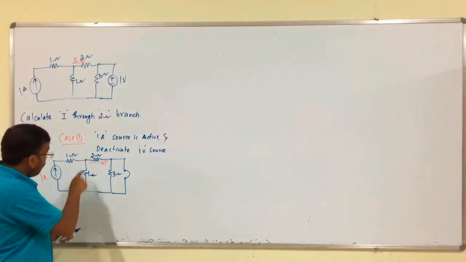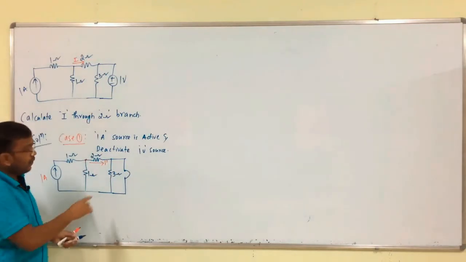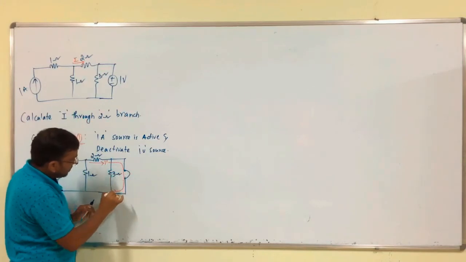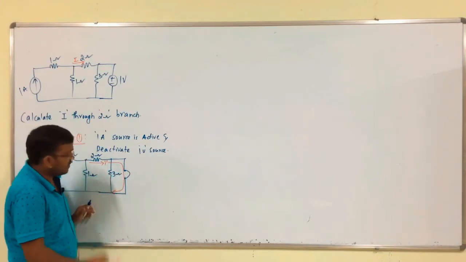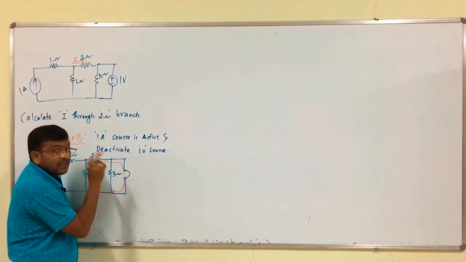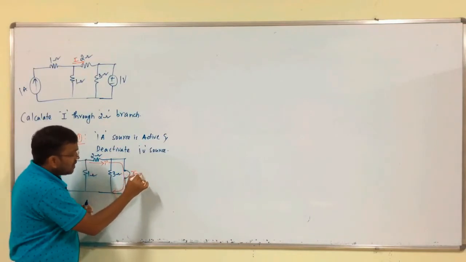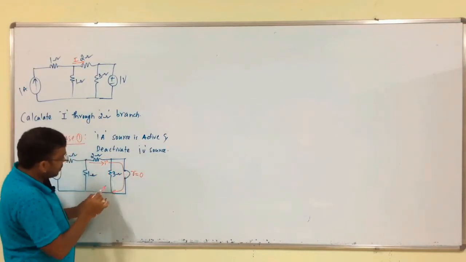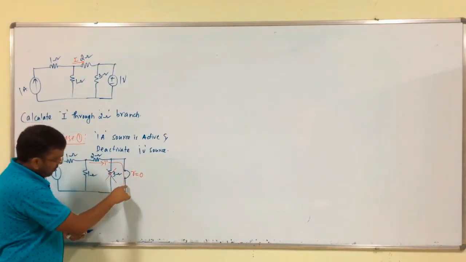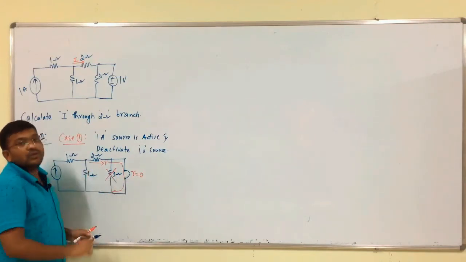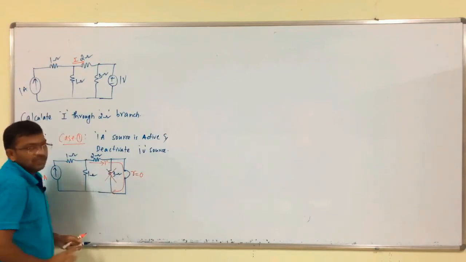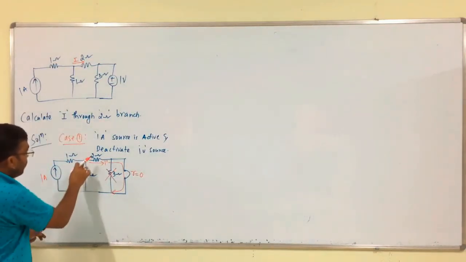So, we have node 1, node 2, but looking at this node, this current always prefers the short circuited path. Here we have a resistance branch, but current always prefers the low resistance path. Here the resistance is 0, no. So, there is no current through this branch; the current only flows through the other branch. Why? The resistance is 0, so there is no use of this branch. Okay. Now, we have only one node.